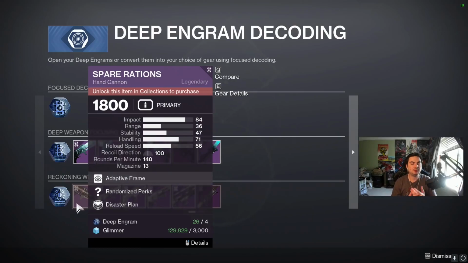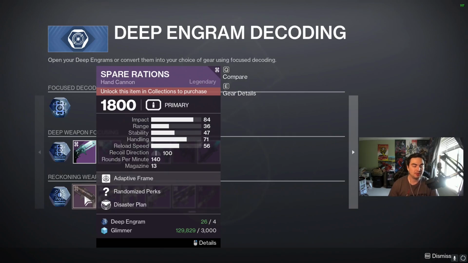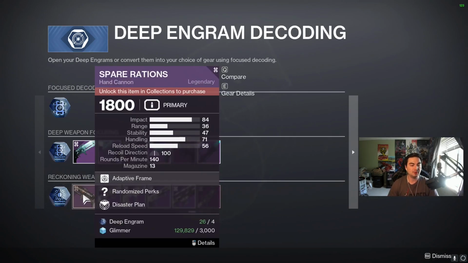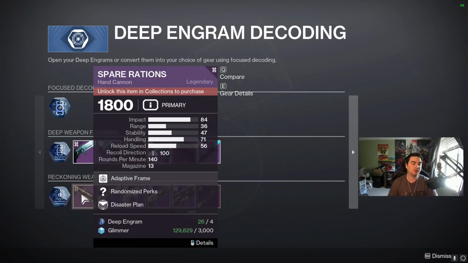So if you look at how to get spare rations in Destiny 2 Season of the Deep, as you see, I don't have it in my collection, so I figured what better way to get myself spare rations than to record myself going over how to get it, as well as what I think the god roll is. So starting right off into it, in order to get spare rations in your collections, you can get it in